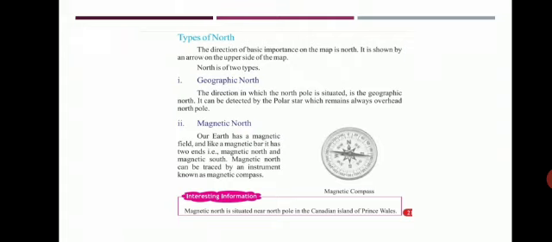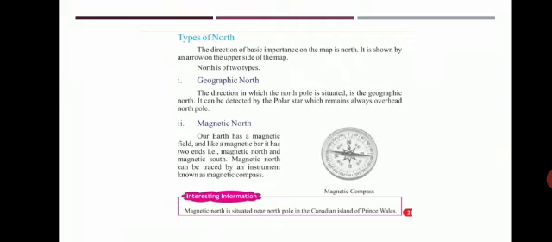But before we discuss magnetic north, what is the compass rose? Can you see it in this picture? This is a compass rose. A compass always directs to north. Now, how does the compass know where the north is? The compass rose helps us to know the direction. So these letters N, E, W, S are the directions. North is always on the top.